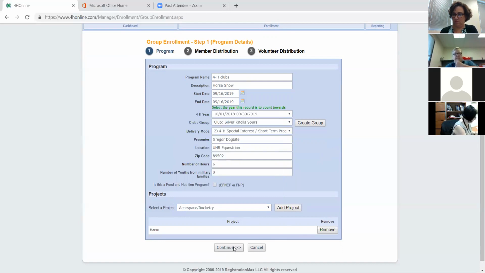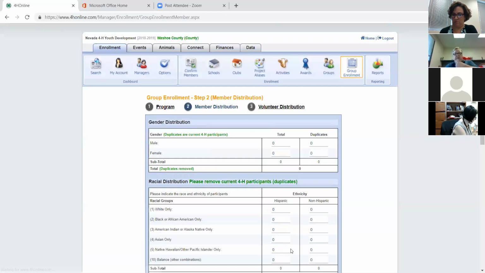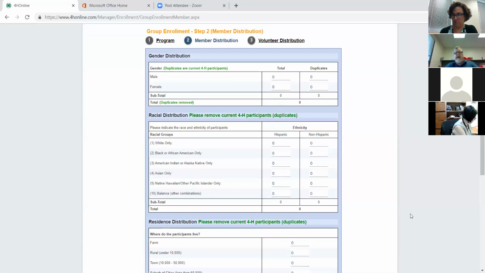Then, once you have all that information in, go to the next step, which is member distribution. And here is where you input all of the demographics from that horse show. While the show is going on, one way or another, through a sign-up sheet or head counts or whatever method works best for your group,